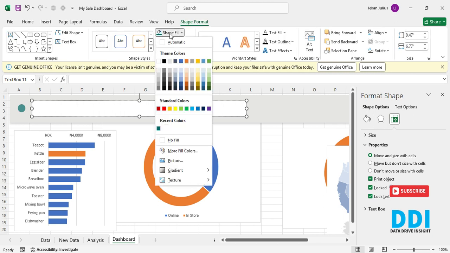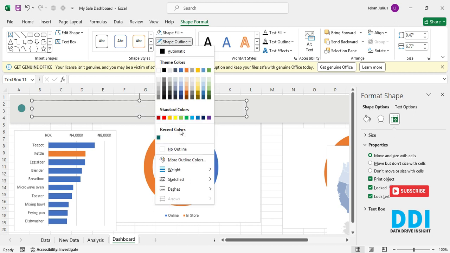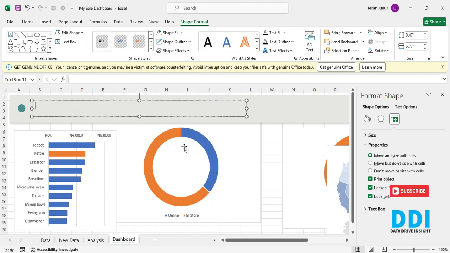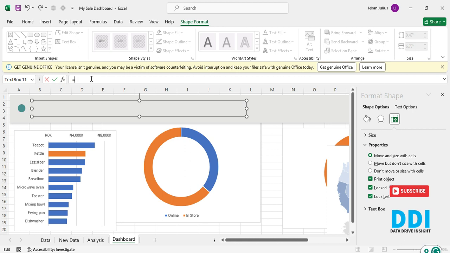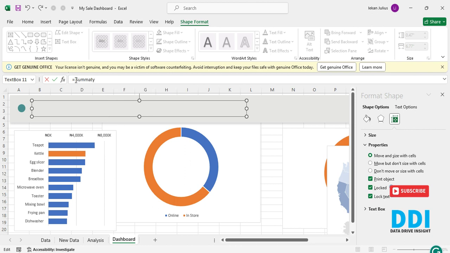We don't want any fill, and we don't want any outline. So once you've clicked that, what do we need to do? We want it to read equals, or you can just come to the format and press equals. Then we want summary. Again, take note, whenever you are typing text, it has to be in double quotes. So we want it to read summary